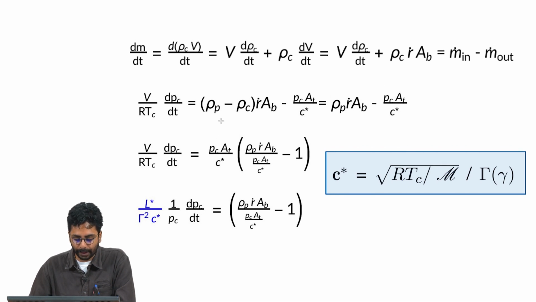I must explain that the rate of generation of gases will be equal to the rate of burning of the propellant multiplied by the density of the propellant multiplied by the area, which we just saw. The increase in volume, that volume would have become gases at a lower density, and that is this term rho_p r dot A_B. This is the rate of conversion of the solid propellant into gaseous propellant. The mass that is flowing out is the mass flow rate through a choked nozzle, where the gases are starting from a stagnation condition at a pressure equal to the chamber pressure.